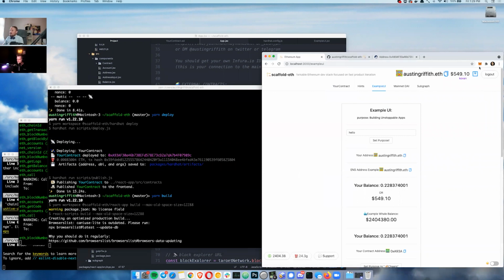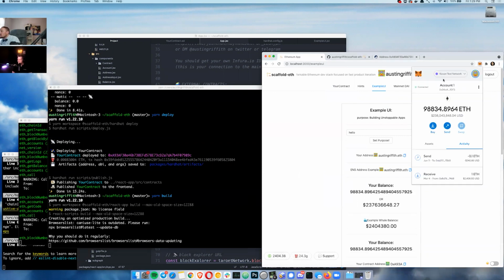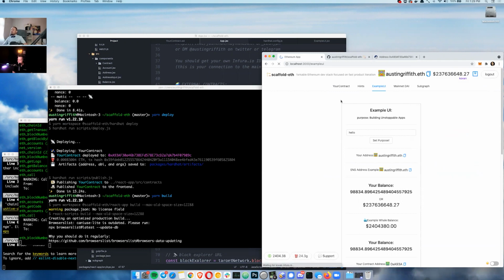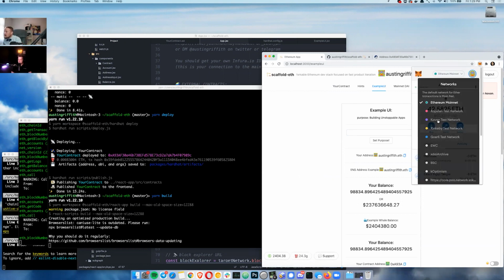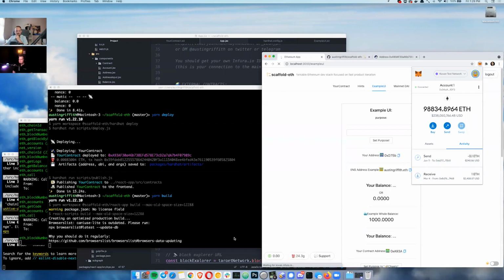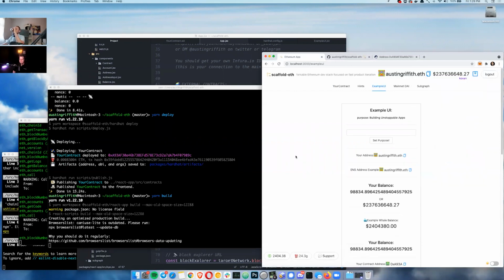So I've connected my MetaMask. And by the way, if I'm on the wrong network, like let's put it on mainnet, it should automatically within Scaffold ETH yell at you and tell you that you need to be on the right network. So whatever network I selected there, it's checking to make sure I have that. And, speaking about the networks and stuff like that, I think it's very important to know that this is maybe